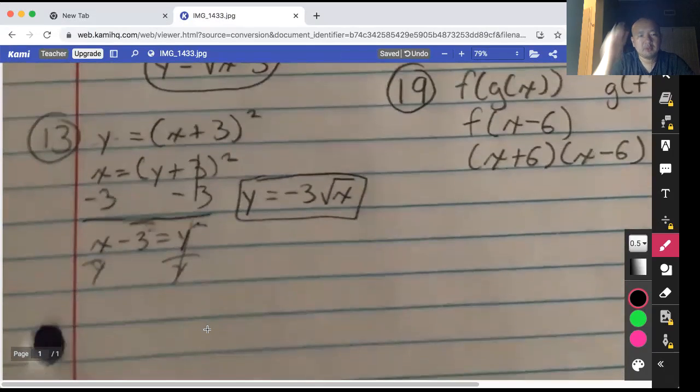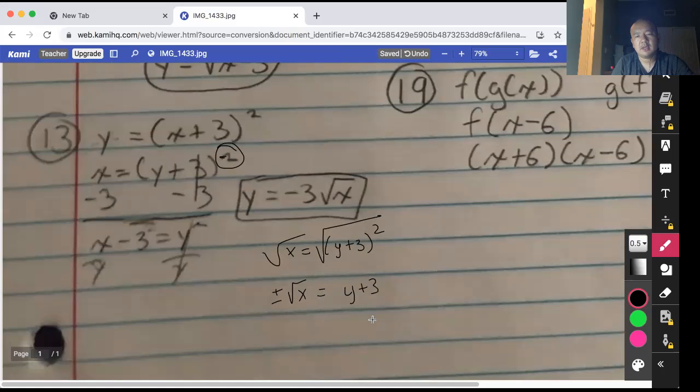For number 13, you're close on this one, because you can't subtract this without having to deal with this. So it's x is equal to y plus 3 squared. So you need to square root it right away. And it becomes plus or minus radical x is equal to y plus 3. And then you subtract the 3 because the square root gets rid of the square. So you subtract the 3 from both sides. So y is equal to -3